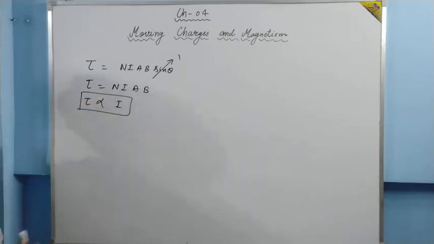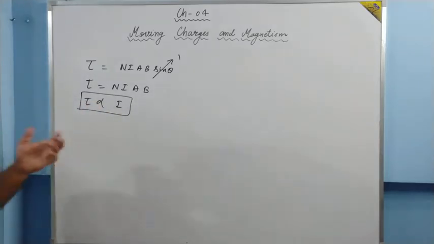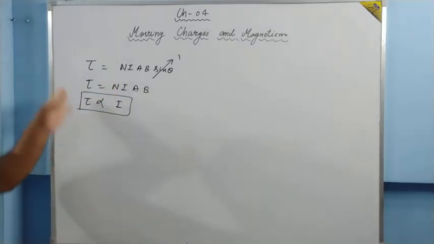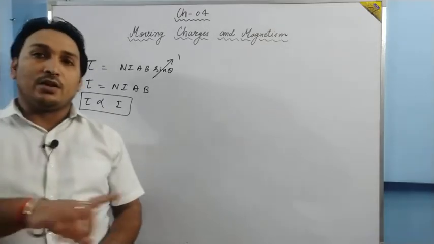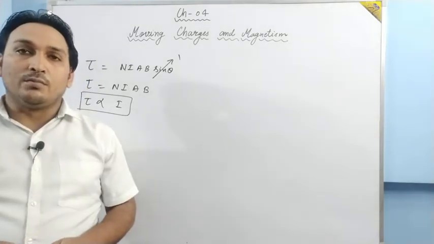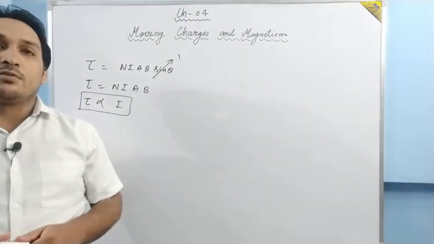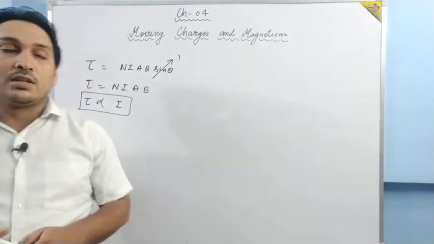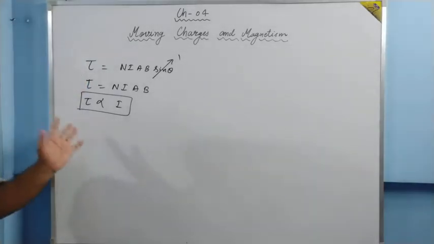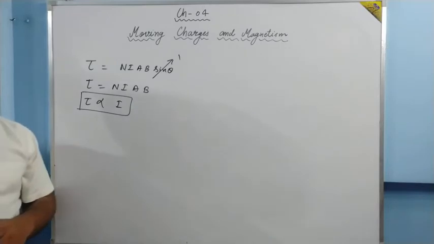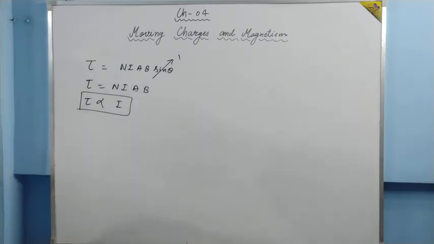So this is the basic principle of the moving coil galvanometer. Higher the current, higher the torque, higher will be the angular deflection. So by scaling that angular deflection in suitable measurements, we can detect the current, and we can measure the current also. But today we are going to discuss how this galvanometer is converted into an ammeter and a voltmeter. So first of all, let us discuss the conversion of galvanometer into an ammeter.